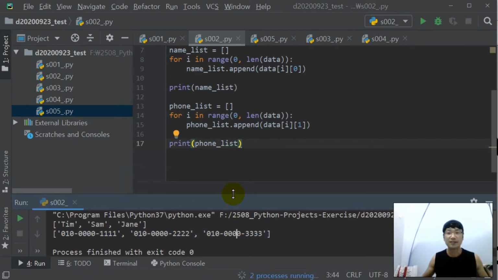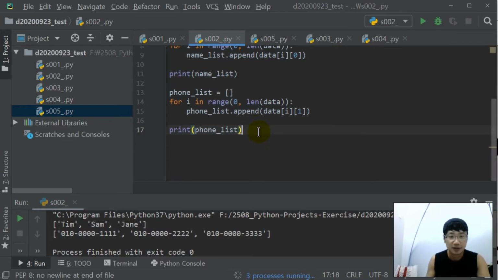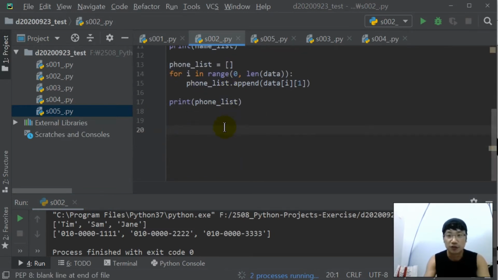And what is the second way? The second way is ternary operators. It's so simple. Let's look. Name list equals, in here